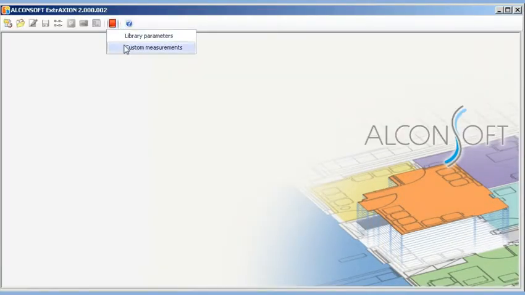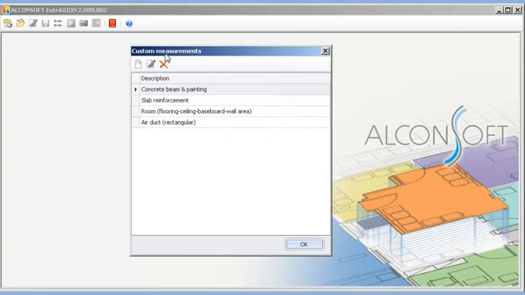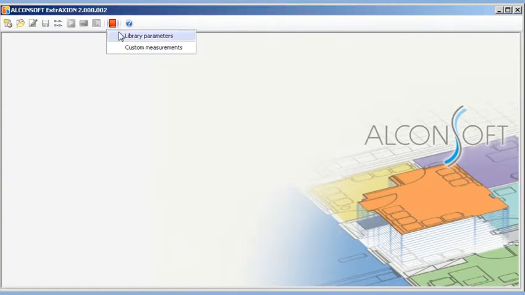ExtrAXION's Pro version includes a library with general parameters and custom measurements. The library holds certain model custom measurements as examples, such as reinforcement bar and air vent measurement, etc. You can edit them or even create new complex custom measurements. You can also edit or input new general parameters, which can be incorporated in the measurement calculations and are common